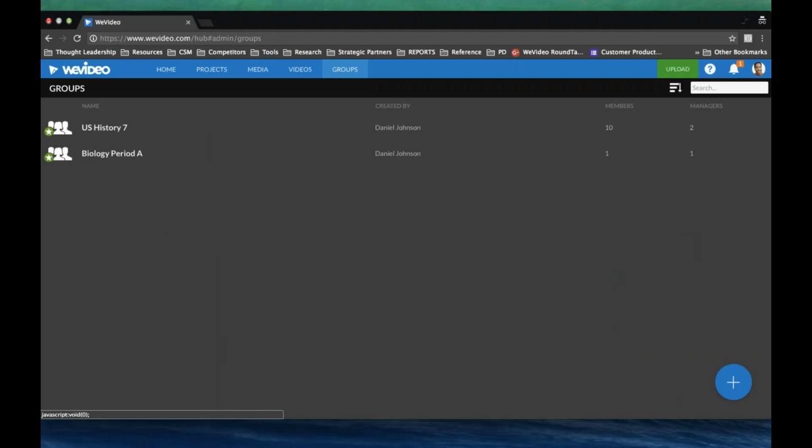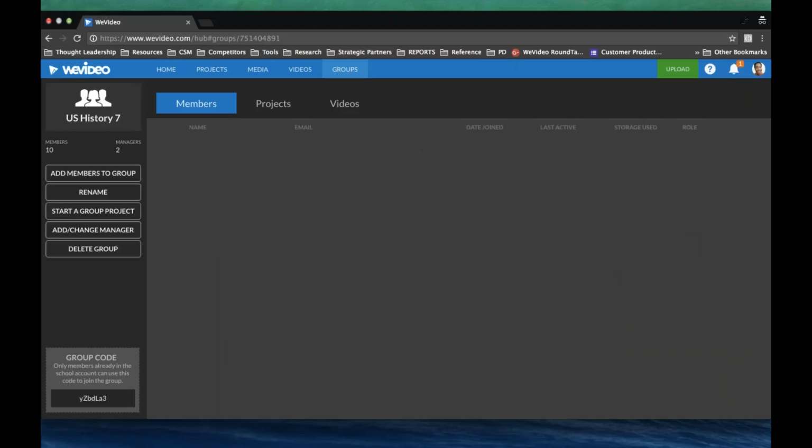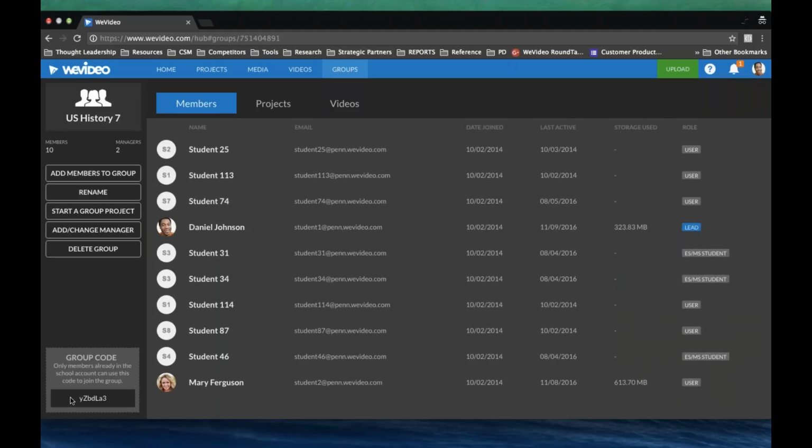So make sure that you're in the groups tab and double click on the group. The code is always going to be there in the bottom left-hand corner. It's right here. So if you remember this place, it should be here. I hope you're not confusing projects with groups, because the code is always in the group, in the groups tab. Okay, and she says, thank you, I missed that part. Okay, so that answered her question.